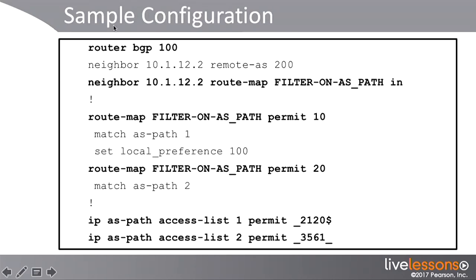Let's now have a look at the sample configuration of route filtering using route maps. Notice that there's a route map named filter on AS path with permit statement sequence number 10. You're matching on AS path 1, that is the AS path list. The AS path list is configured at the bottom of the configuration where it says IP AS path access list 1 permit $2120. What this regular expression means is you want to match a prefix which is originating from the AS